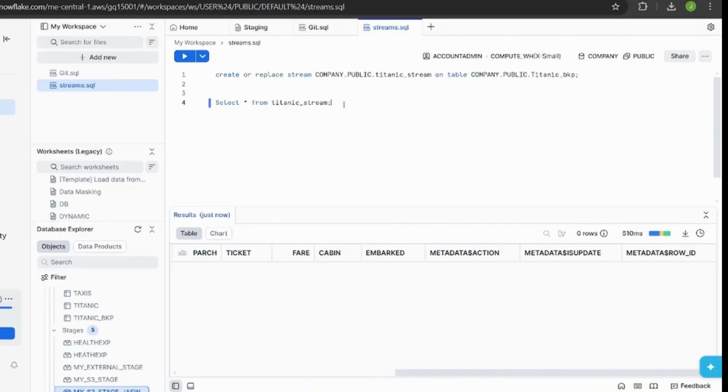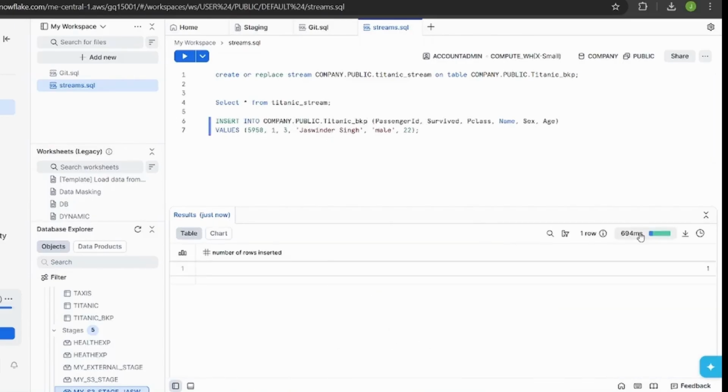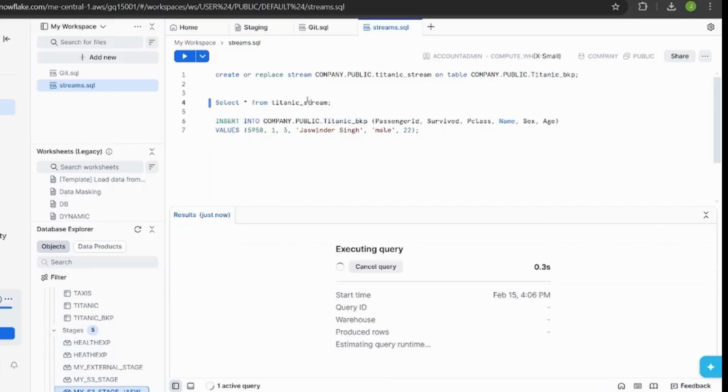Okay. Now let me try to insert one entry and see if this stream is even working or not. This is my insert script. I will just hit the run button, and I have inserted one entry into my Titanic backup table. Now let's see how it impacted my stream.